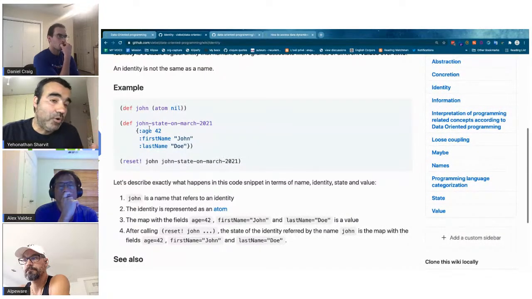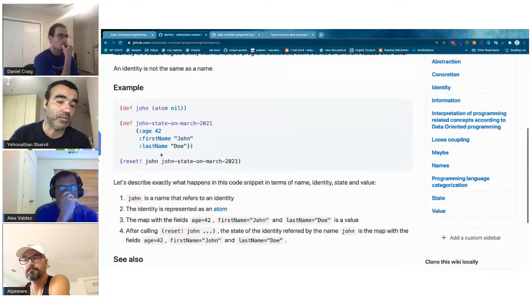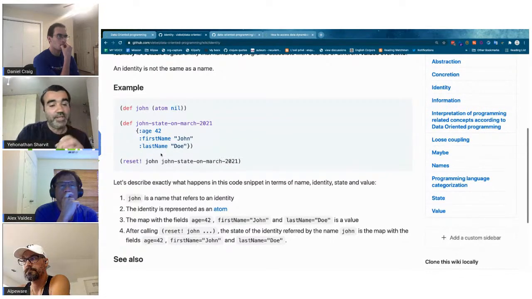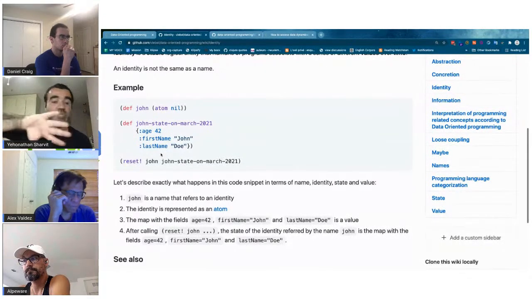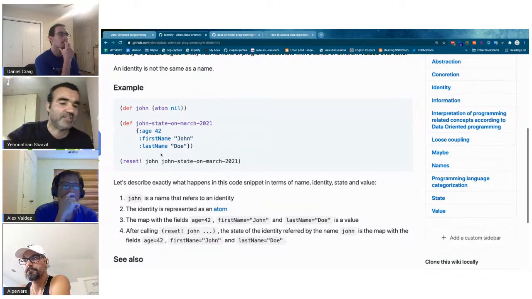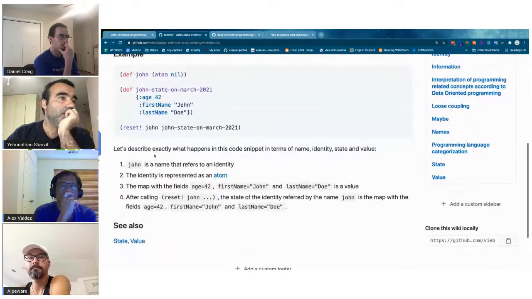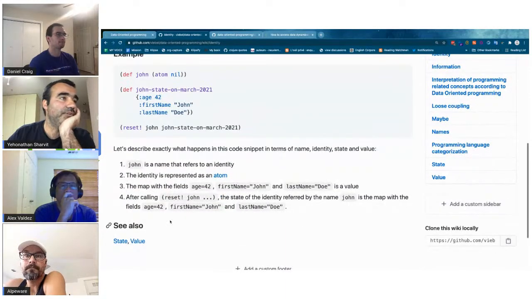But in classical object-oriented programming, there is no way for me as a programmer to get access to the aggregation of the fields. The aggregation of the fields exists only in the context of the object. There is no way to get a snapshot of the state and to keep it. I could clone the object as a workaround, but philosophically, it's not the same at all. Okay, let's traverse the graph and go to state.